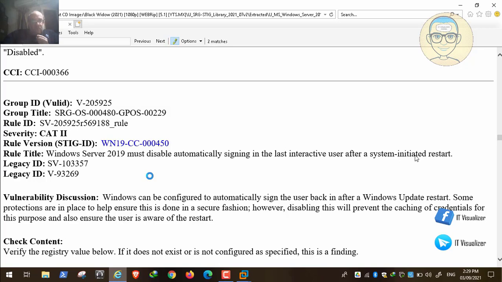Okay, not to sign in automatically. Windows can be configured to automatically sign the user back in after a Windows update restart. Some protections are in place to ensure this is done in a secure fashion. However, disabling this will prevent the caching of credentials for this purpose and also ensure that the user is aware